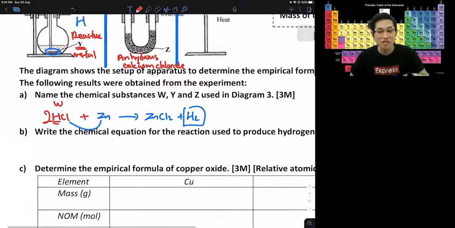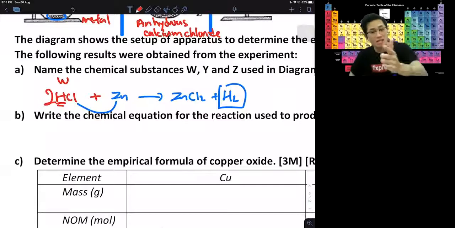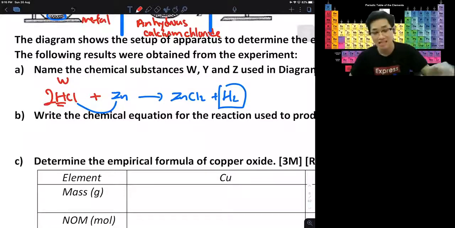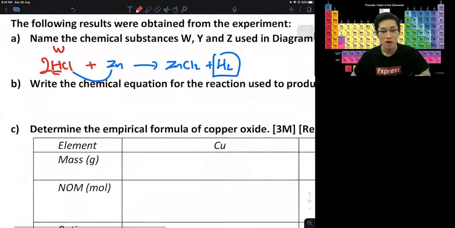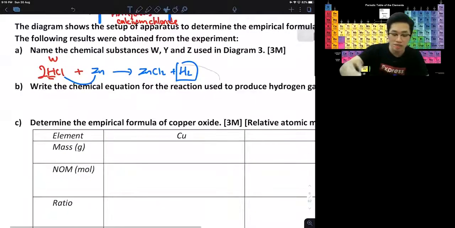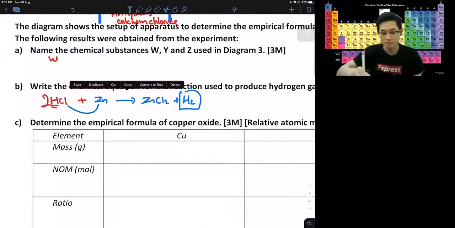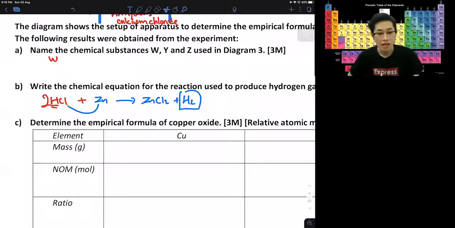So my answer for this question is hydrochloric acid, zinc, and anhydrous calcium chloride. Of course, it can be another acid, it can be another metal. They want me to write an equation. My equation is here already. Okay, and then